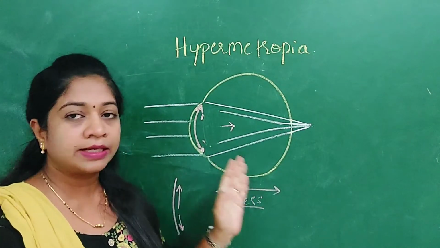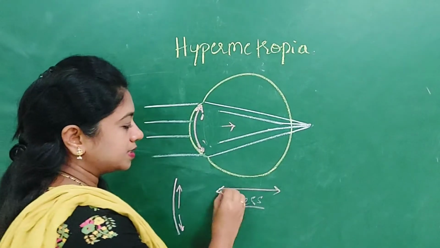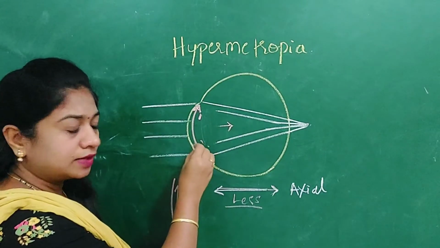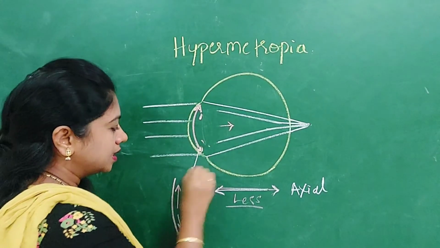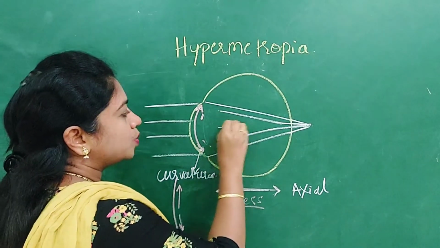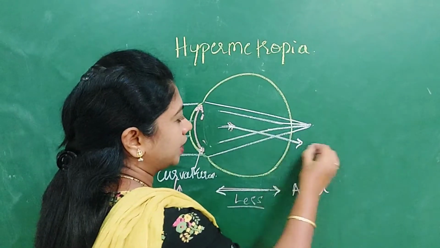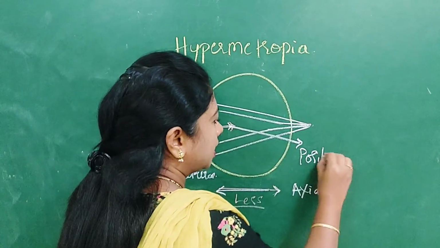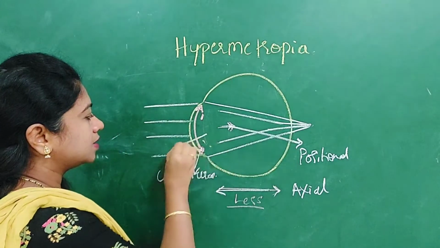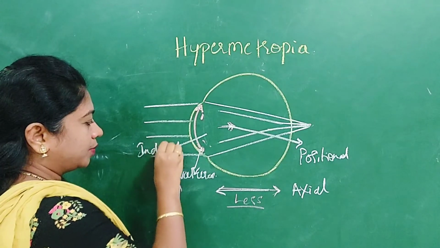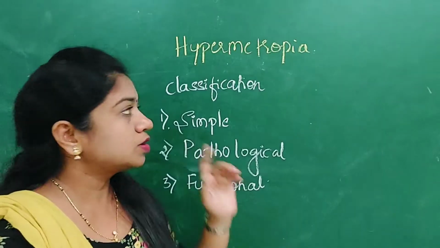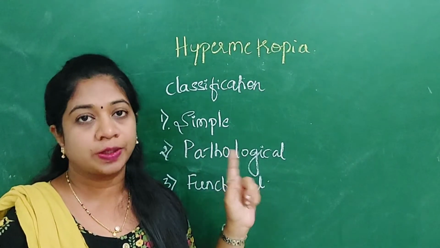Depending upon this, it can be named as follows. If there is decreased axial length and that is the cause, it is called axial hypermetropia. If a flatter curvature of the cornea and the lens is the cause, it is called curvatural hypermetropia. If there is posterior displacement of the lens, it is called positional hypermetropia. If the change in the refractive index of the cortex of the lens is the cause, it is called index hypermetropia. And hypermetropia secondary to aphakia is when there is no lens. So that was the classification depending upon the mechanism of hypermetropia.